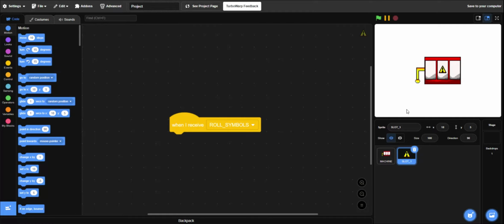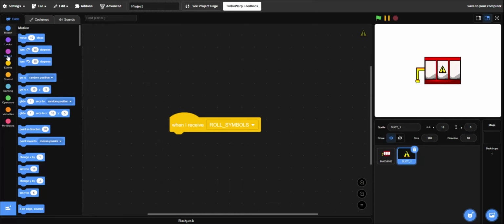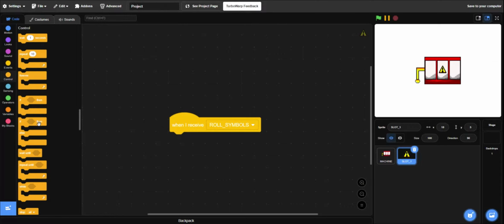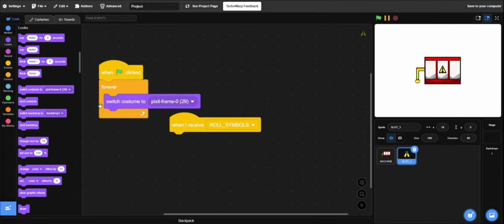Okay, so here we have it. This is our position we're gonna use if you're using your basic sprites. X18, Y5. So yeah. Now we're gonna switch our costume. Or actually no, we're gonna add a forever loop and switch costume to